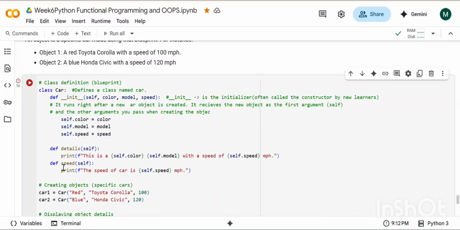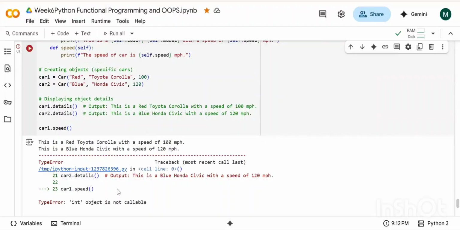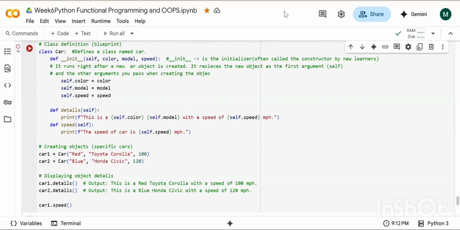Why am I getting this error? Can anyone decode? So we are not putting the car to speed also right there? We didn't put car 2 dot speed in. No, it's not an issue. I just want to print it for car one. That I can do. Anything else come to your mind?